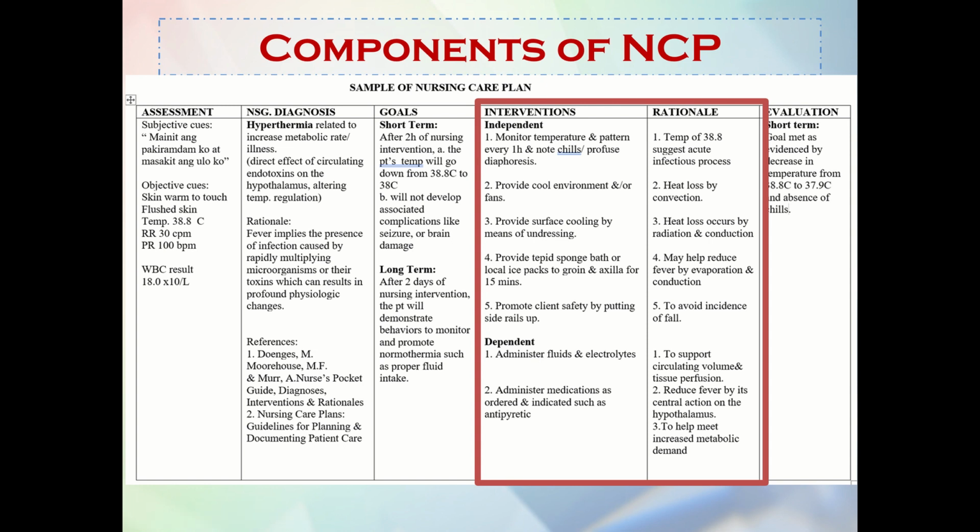For example, under dependent, we have here administer fluids and electrolytes. Kung naka-IV naman siya, tuloy-tuloy lang naman yon. So, to support circulating volume and tissue perfusion. And then administer medications as ordered and indicated, such as antipyretic. Why? To reduce fever by its central action on the hypothalamus. So, disregard this na lang. Okay, so these are our interventions and the rationale for our